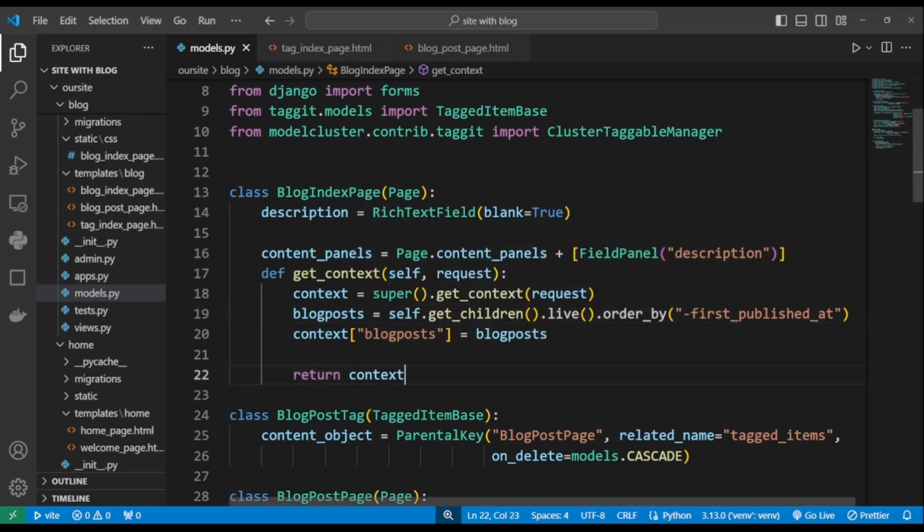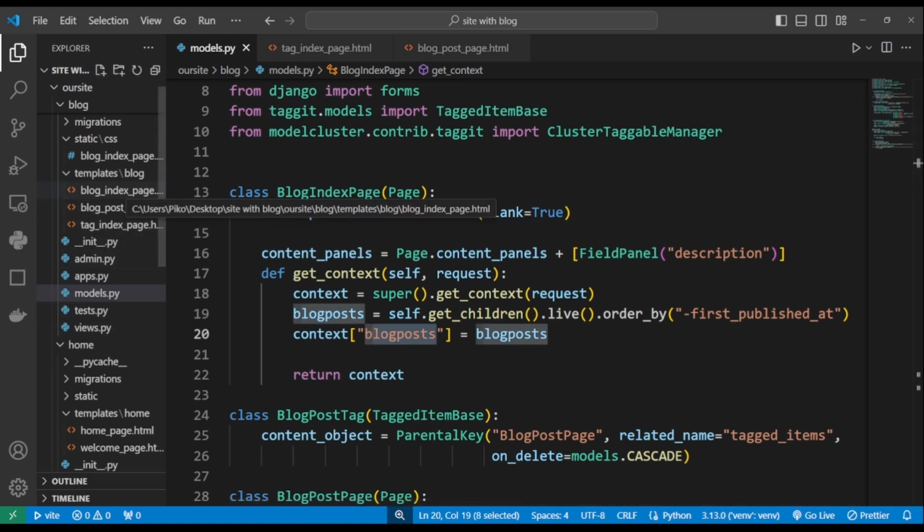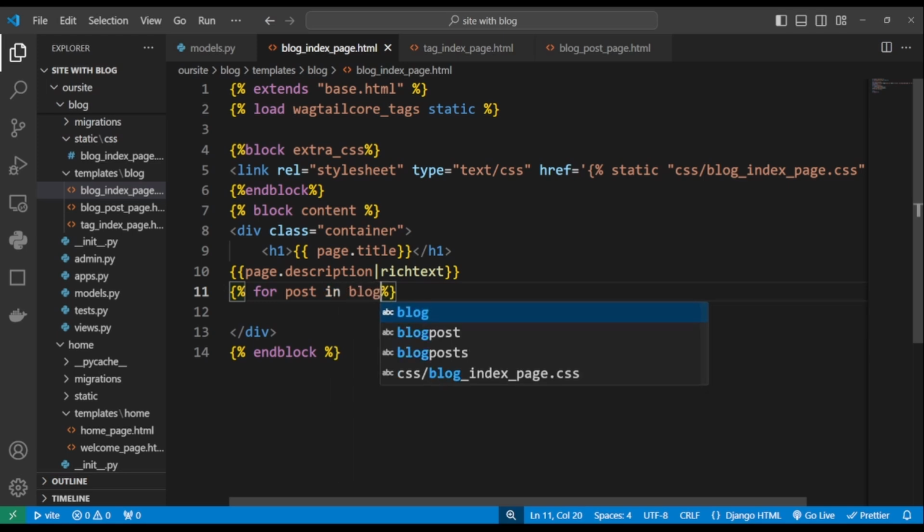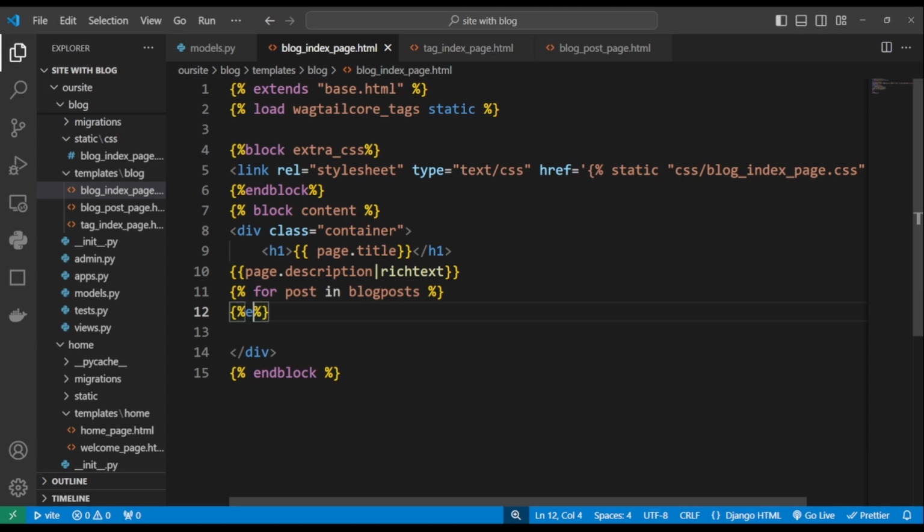Alrighty, so with this we'll be able to access the filtered blog posts from our blog index page template. So let's go to it again, and let's add a for loop under the page description. So for post in blogposts, let's add endfor,